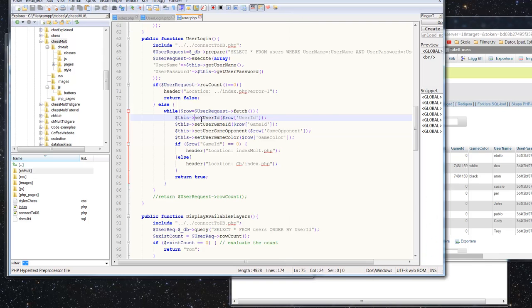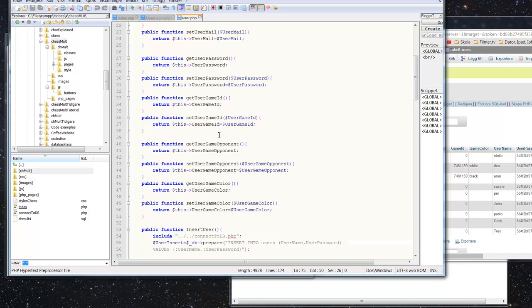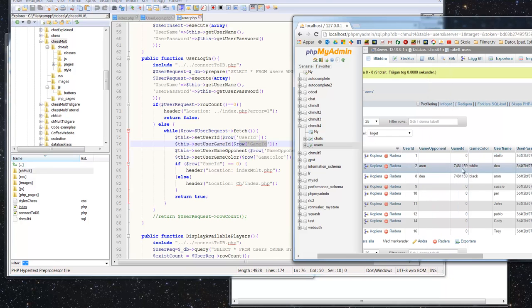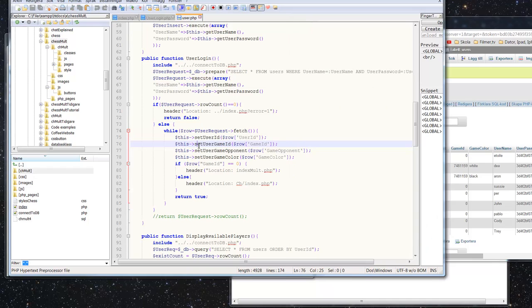So it's gonna set the user ID for this class. It's gonna set to user ID. It's just simple. And it's gonna set the row game ID, which is this one, game ID, to the set user game ID, and it's gonna do the same for those. And then we have some if statement here, if the game ID